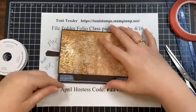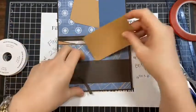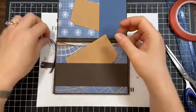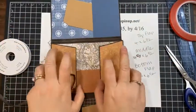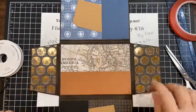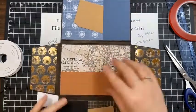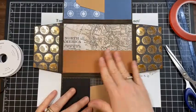All right, so now I would use the ribbon for any tags that you want to add in here. Like I said, you can use the leftover bits from the file folder that we cut out. I would trim these down or punch things out, but you can poke holes and add ribbon. So that's how you can use some of your ribbon. You can just staple bits places. But yeah, I'm going to go back in later and add some little things on the sides. And I'm undecided whether I'm going to add more designer series paper to the front of these, or if I might cut down a layer, like whatever this was, trim it down 1/8, and then run it through an embossing